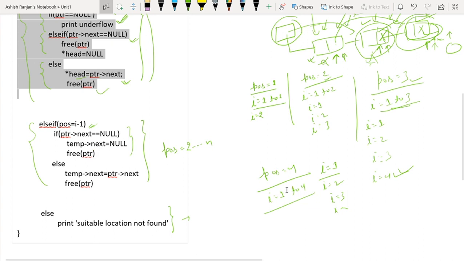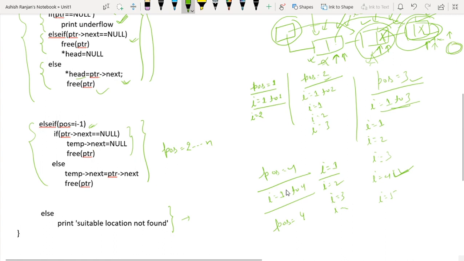You can see here position equals 4 and I has become 5, because I equals 4 will make PTR null. So for I equals 5 it will again collect.